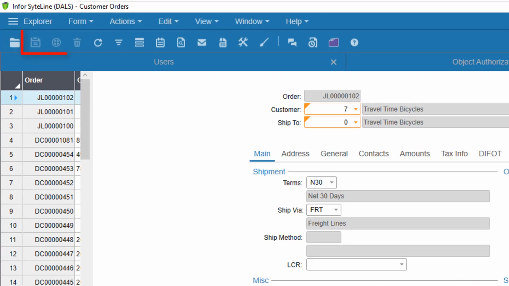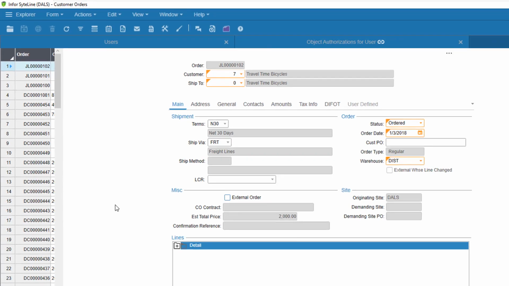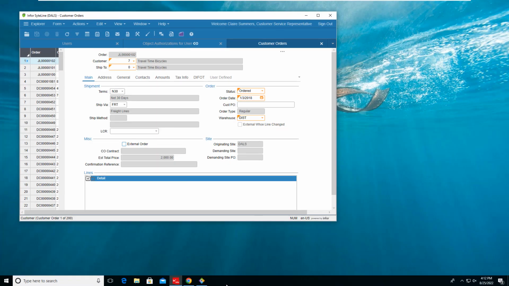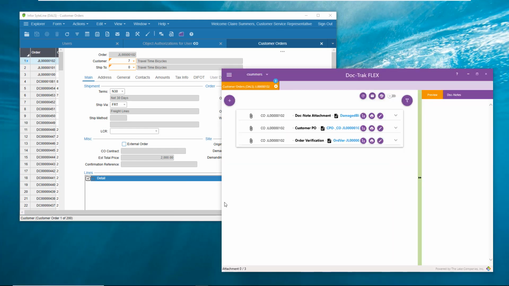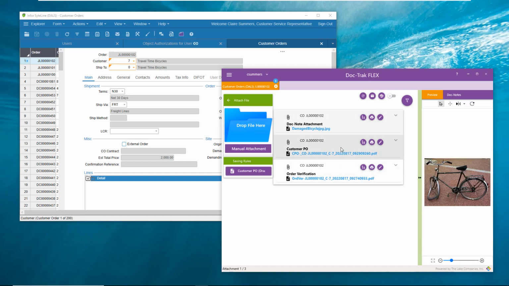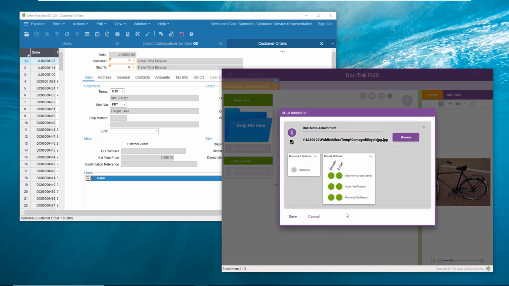Because of that, her save, add, and delete buttons are disabled. So that takes care of the Sightline form records. But what about the DocTrack attachment permissions to those records? Should those users be restricted to only opening attachments? What about adding new ones or deleting attachments? What about editing existing attachments to change the description or even the file that's being attached?